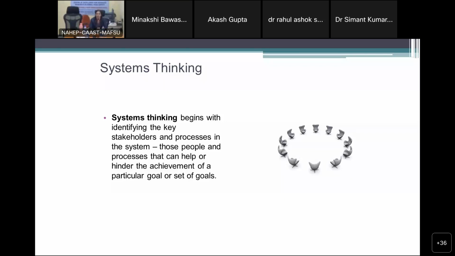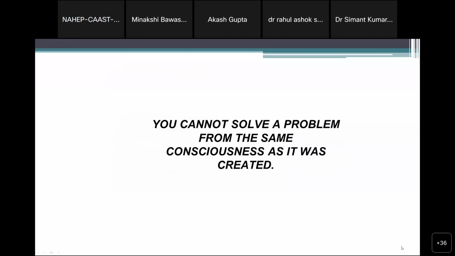And what should be the goal? See, if you are looking for any change or development, there has to be something that you are looking to achieve. You should have some goals. We saw yesterday, without having a goal, you are just going anywhere, right?